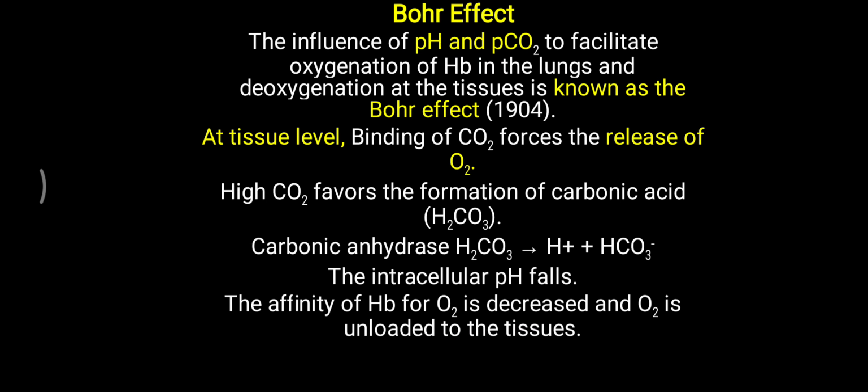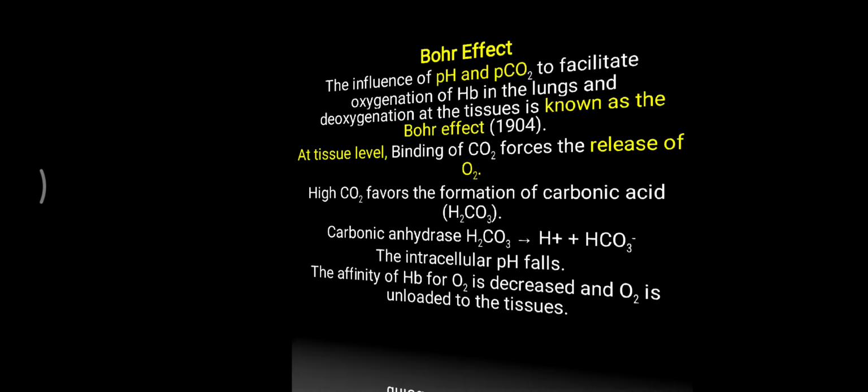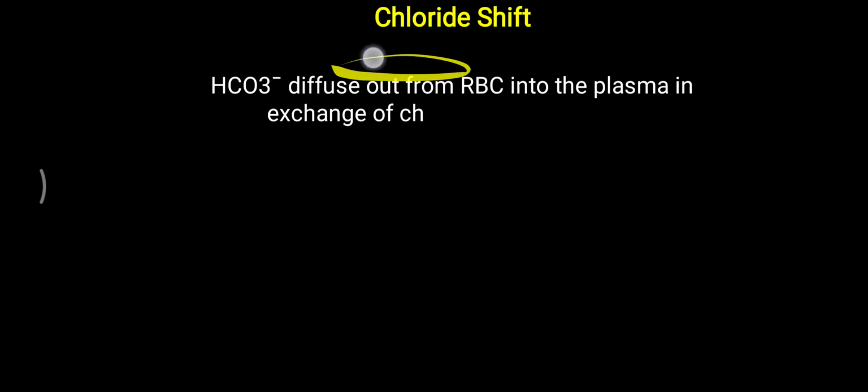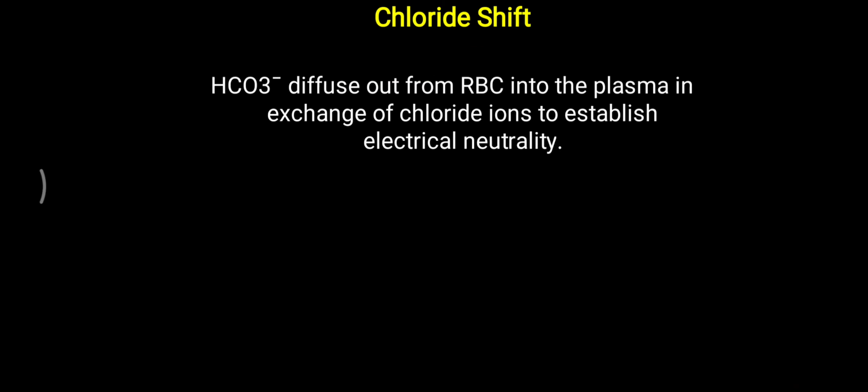Previously we have seen that when one oxygen is attached, second oxygen is attached, so overall affinity of the hemoglobin towards the oxygen is increased, and that is called Hill effect. Next effect of pH and carbon dioxide, that is called a Bohr effect. Now one more effect in relation to this oxygen transportation, you have to remember chloride shift. It is not directly affecting the oxygen dissociation curve, but it is related to this particular transportation of oxygen or particularly